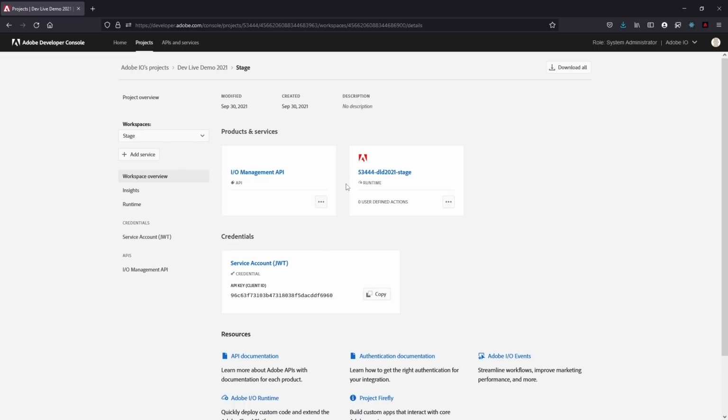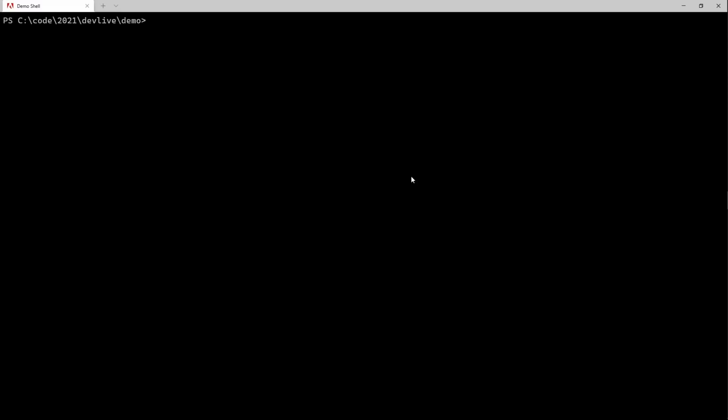So now we're going to jump right into it and get to the file system. We're going to start this part of the tour in Terminal. All right, so here I am in the terminal. I'm all set up. This is a quick tour of what it's like to work with App Builder here. So I already have Node.js 14 installed. I already have App Builder CLI installed. I have everything I need, and I'm ready to go.